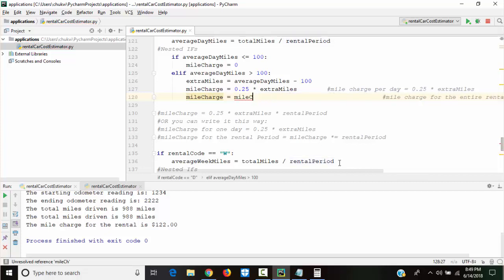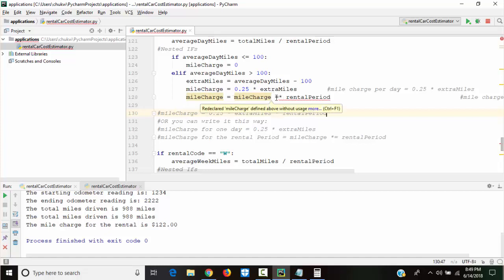Or it should probably be the other way around. Let's see here, can't use third expression here. Sorry, you can, yeah, I can use it. I'll just put mileCharge times equal rental period, just like this.